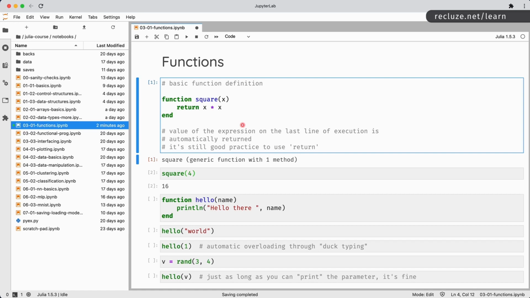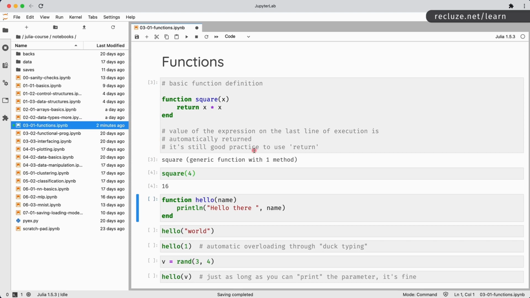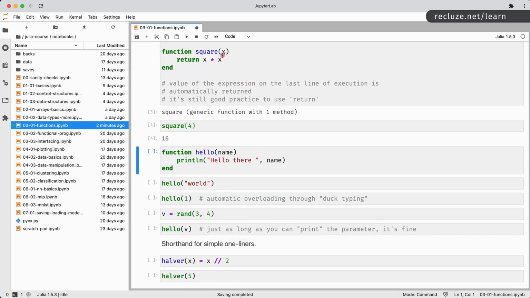It depends on who you ask. Some people prefer returns. Some people say it should be without the return. But personally, I prefer to have a return statement over here, okay? So we have the square function. You will notice that we don't have a data type over here, so it's implicit.